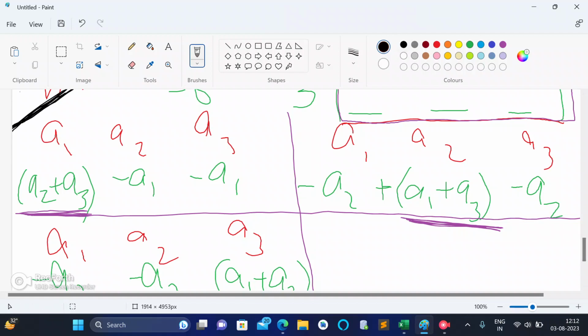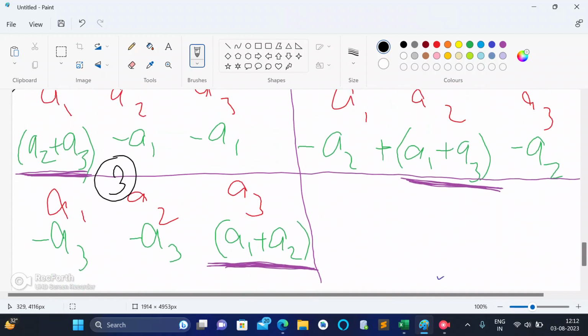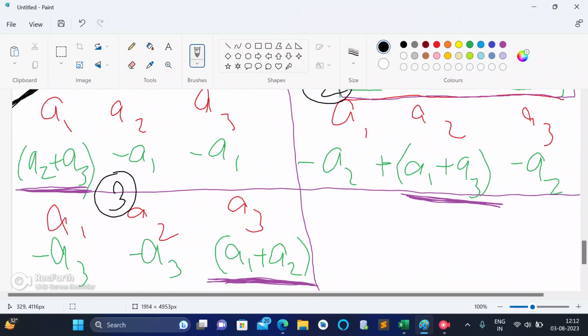The first way is this. This is my second way. And this which is given to us is my third way. These are the three ways to fill those values. Now you will say, okay, if these are the three ways, I can apply any of them and fill all the values.